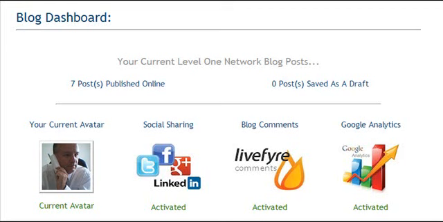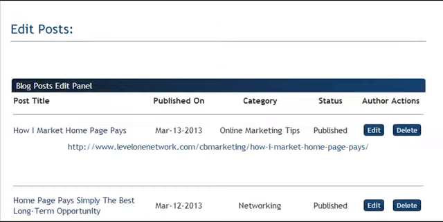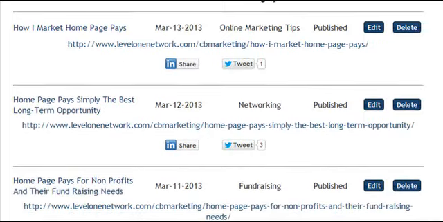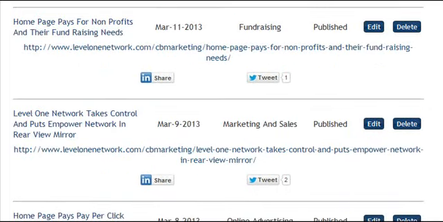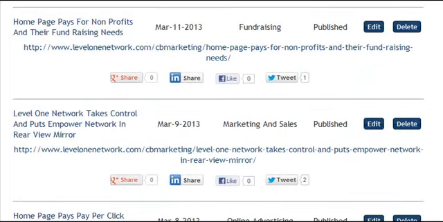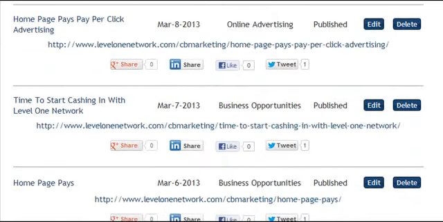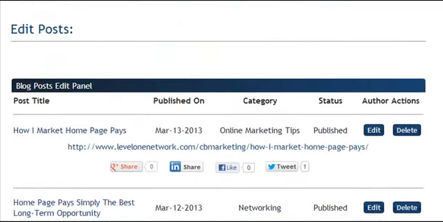So as you take a look at the posts I've done, here's one I did today, March 13th. And as you page down and take a look at these, each one of these has a separate link, and you can edit or delete. You can see some of them have already had 2 tweets, 1 tweet, 3 tweets. And it's very easy to come in here and edit one. If you just click on the edit button,